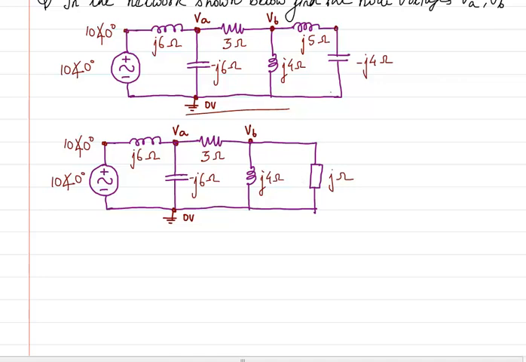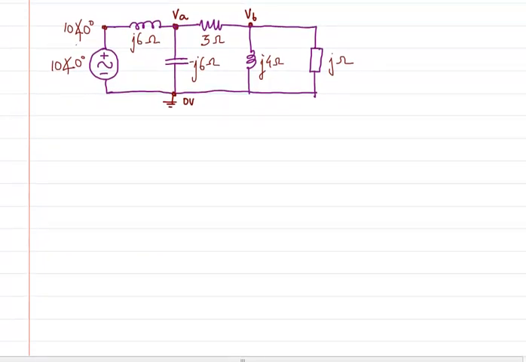We can do that. Now if there was another VC to be found here, I will not do it. Generally, if there had been no number of nodes written and I had been asked to find the node voltage, I would still have found only VA and VB, because this node is just joining two elements, so I will still avoid it. I will only go for mostly three. But that does not mean that in every problem you have to do that. Just be careful.